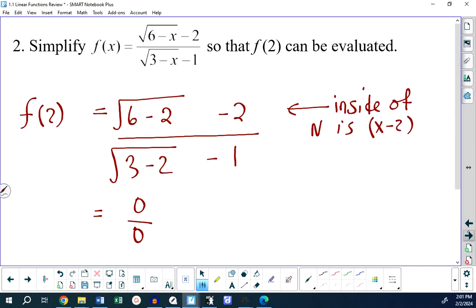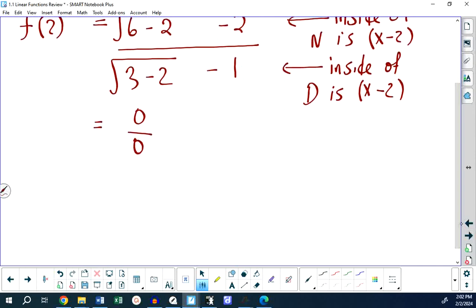Similarly, inside of the denominator is a factor of x minus 2. So if we can tweak this thing so that we can see the x minus 2 on the top and the x minus 2 on the bottom, then we can cancel them, and then we can put in 2, even though it's clearly non-permissible because it would involve division by 0 in its current state. So what you would do is you would